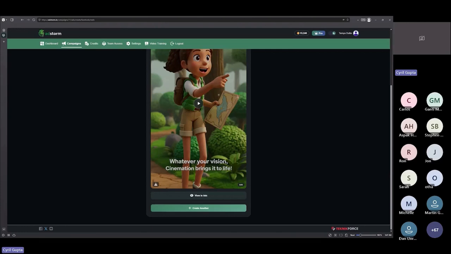Right? And you can't go to them with the final ad because you would need to spend a lot of money to create the final ad and a lot of time. But now what you can do is create the final ads using Adstorm in minutes. You can show them 3 different ad sheets. Here is the first option of your ads. Here is the second option. Here is the third option. Take a look and pick the ads that you want.